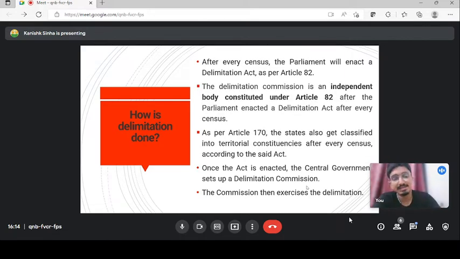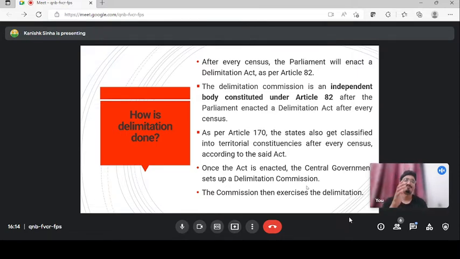Now, what is the constitutional provision? This is also another very important question for you guys: where is it mentioned that delimitation will be done under the Indian Constitution? According to Article 82 of the Indian Constitution, it is very clearly mentioned that